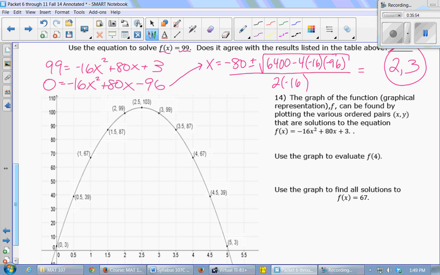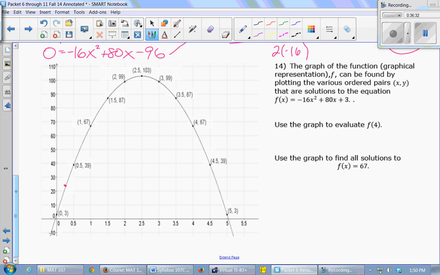So the graph of the function, this is a graphical representation of a function, can be found just by plotting the various ordered pairs x comma y in the coordinate plane. So I have the points plotted here that correspond to the numbers that were in the table, but there's actually an infinite number of points to plot, right? I could plug in, instead of just 0 and 0.5, something in between there and get another point, right? So I have this infinite number of points that represents the height of the ball at any moment in time. So if I want to use the graph to evaluate f of 4,